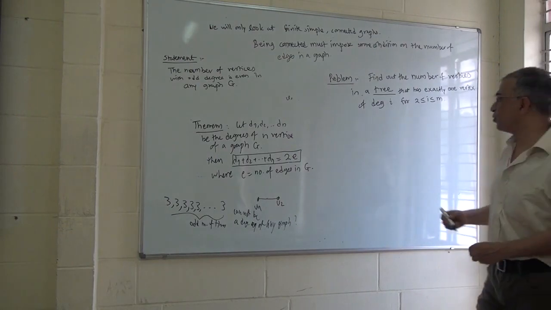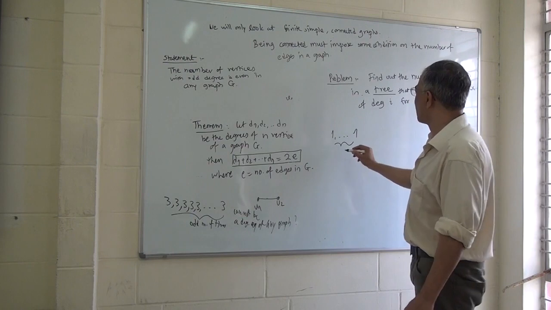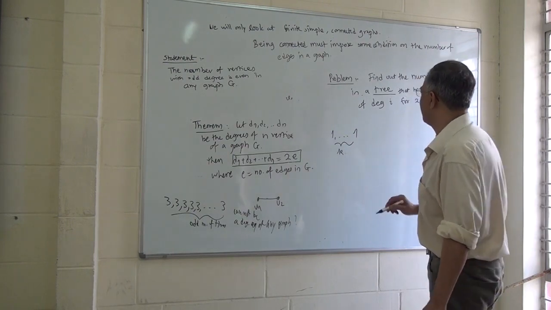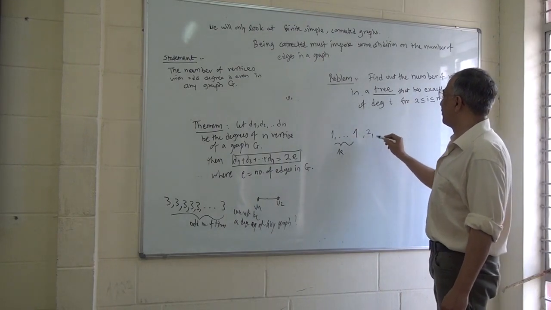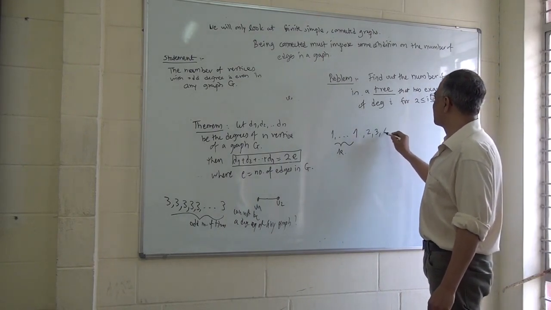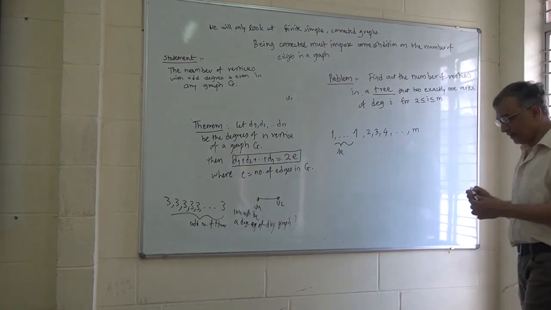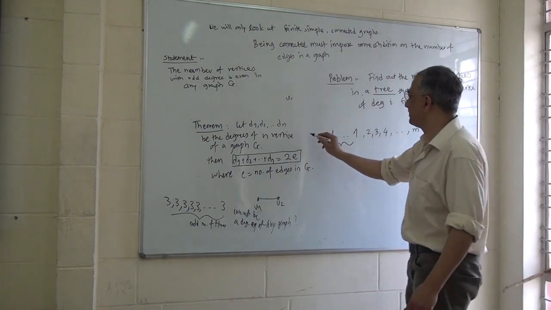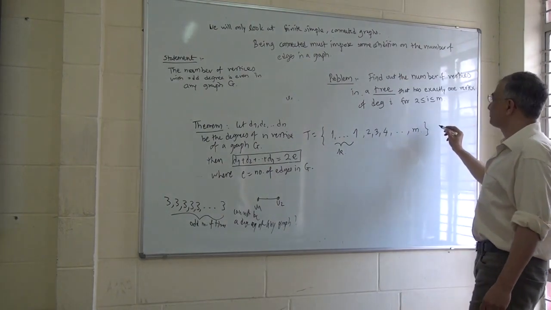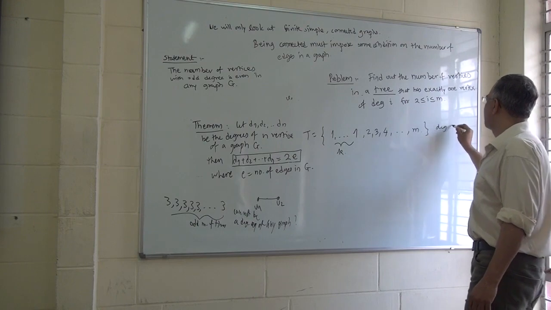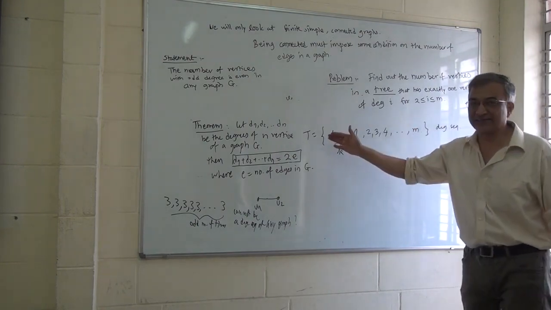So the degree sequence looks like this. So many ones, and no data is given about the ones. Let's call them k here. So many ones. And then there is one vertex of degree 2, one vertex of degree 3, one vertex of degree 4 and one vertex of degree n. That's all. So the degree sequence of such a tree T is this. And we are asked to find out the total number of vertices.